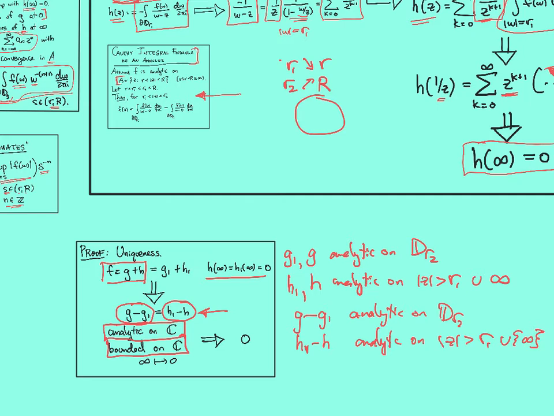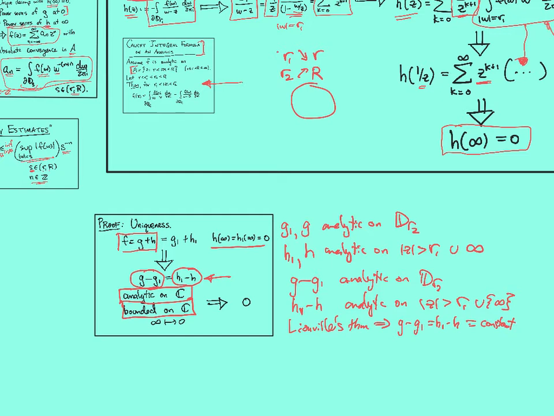And that will imply, by Liouville's theorem, that this function is constant, but since it's analytic at infinity and its value at infinity is 0, which you could interpret as a limit as modulus of Z goes to infinity, since it goes to 0 and is constant, it has to be identically 0. So this stuff's identically 0. So G1 and G had to be the same, and that addresses uniqueness, but it also addresses this issue I mentioned above